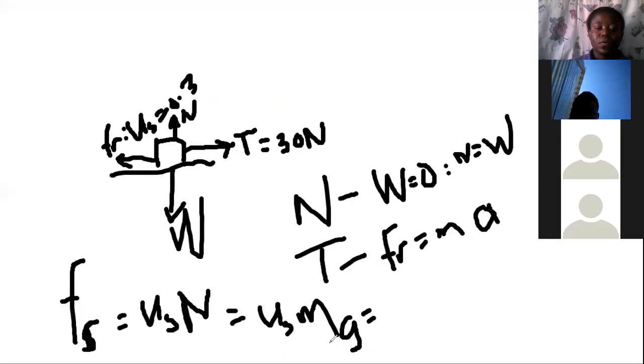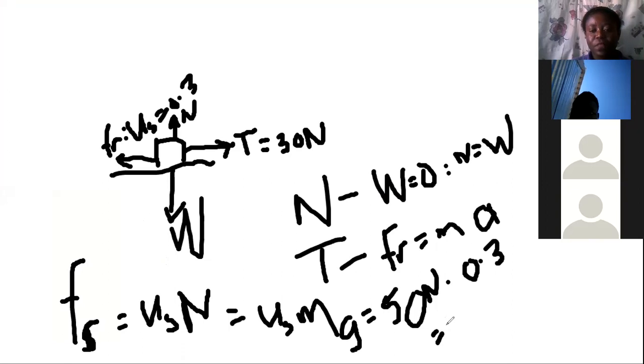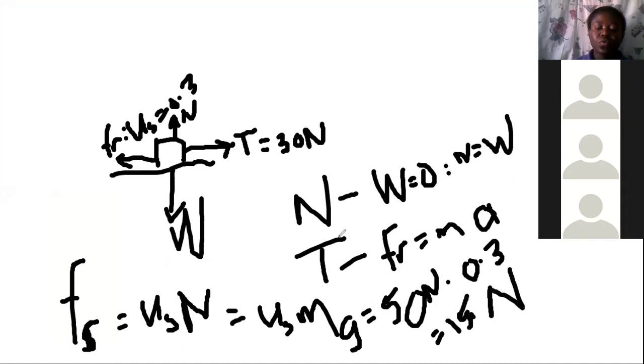Okay, so this one is simply the weight that we are putting up. Given that the weight is 50 Newton, you multiply that with the static coefficient of 0.3. Let me check on the question. 0.3. Okay, so if we multiply that, we get 15. So we get that our static friction force is equal to